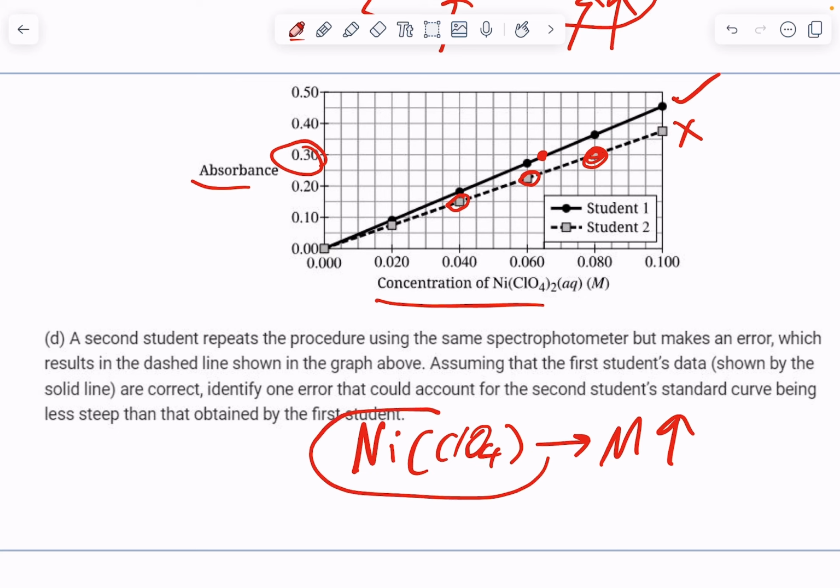So there's actually too much of the solute. Too much solute was added compared to the solvent in that ratio. So that could be a possible error. When they produced their sample, they put in too much nickel perchlorate. That resulted in a higher concentration than was supposed to happen. Okay,